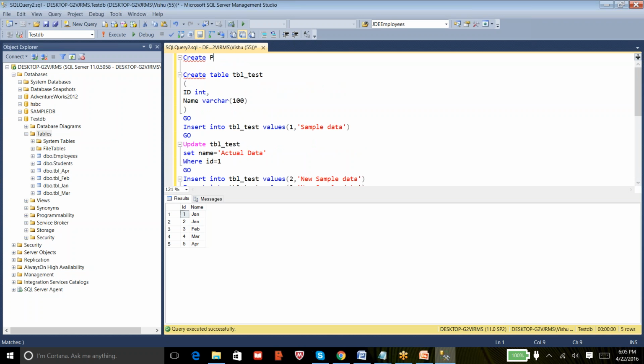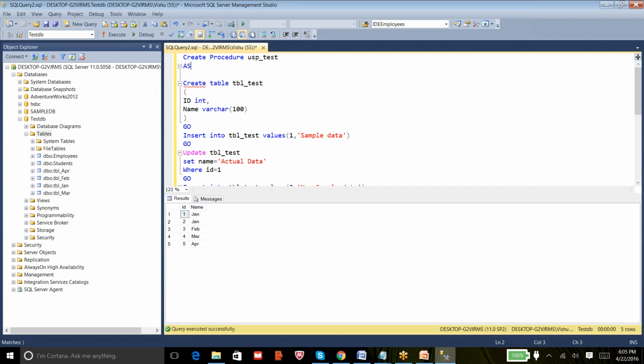I can say CREATE PROCEDURE, and the procedure name should follow the standard naming convention of USP underscore, which indicates a user stored procedure, and you can provide any name after that. I say maybe usp_test.